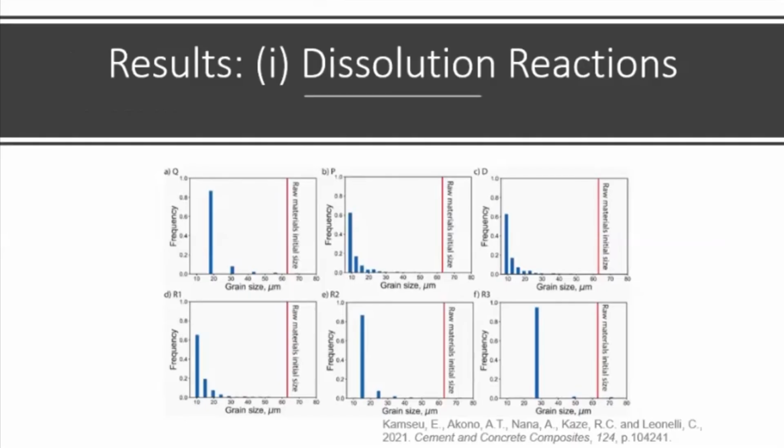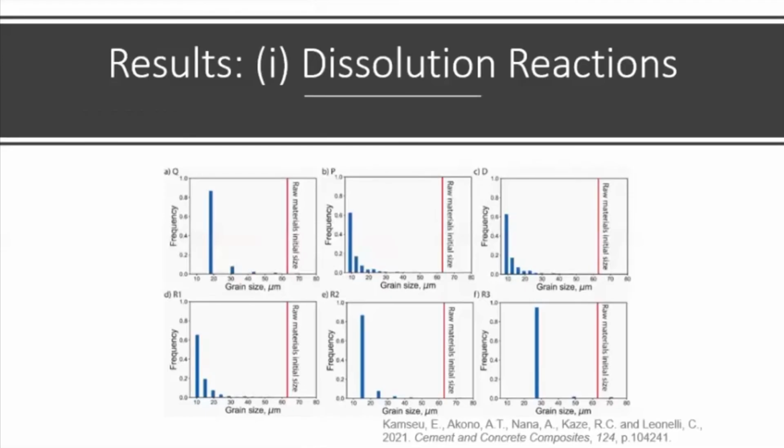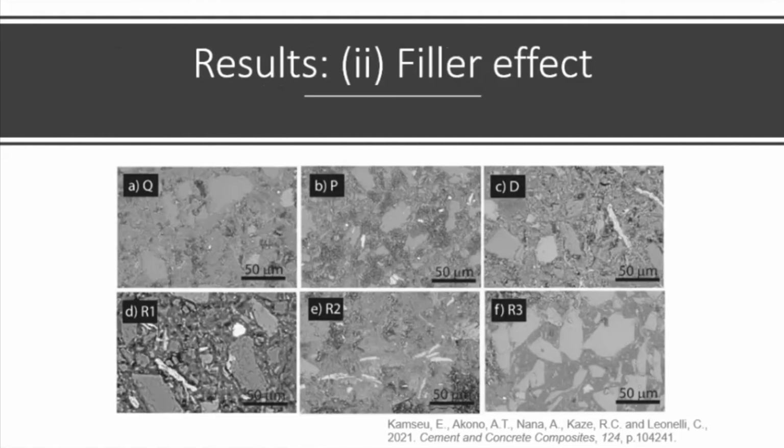One thing that we observe is that we have dissolution. Those inclusions that we're seeing here are going to react and be dissolved. We can see that the raw material particle size decreases because they dissolve to form the binder phase. But we still have some residual phase because it's only a partial dissolution. So we have both a filler effect and a catalysis effect.